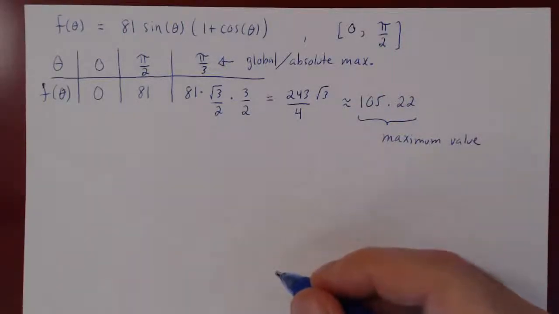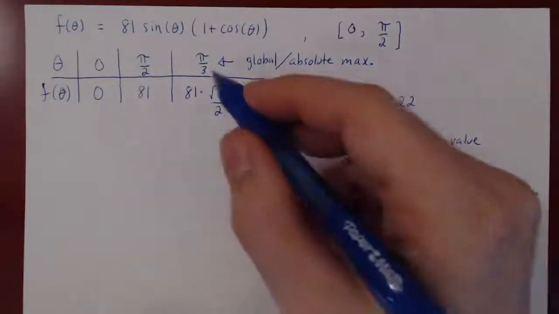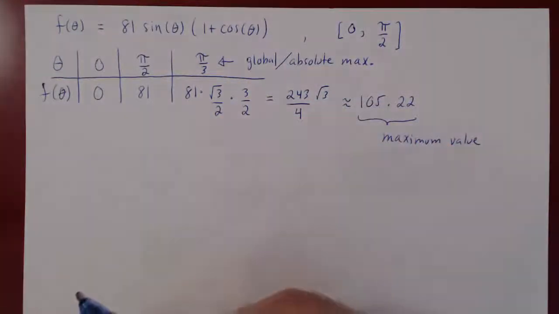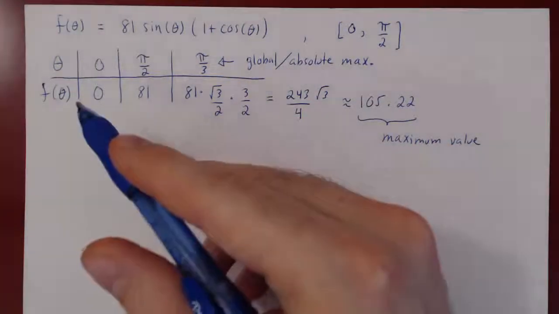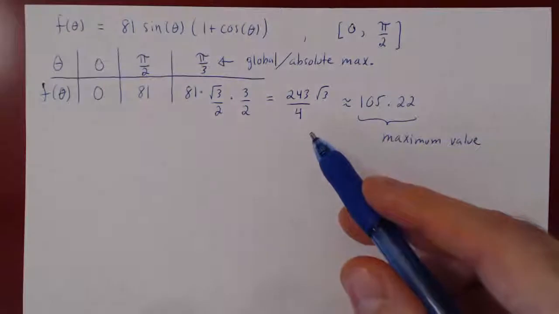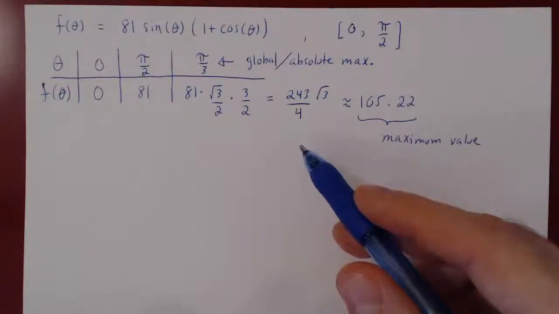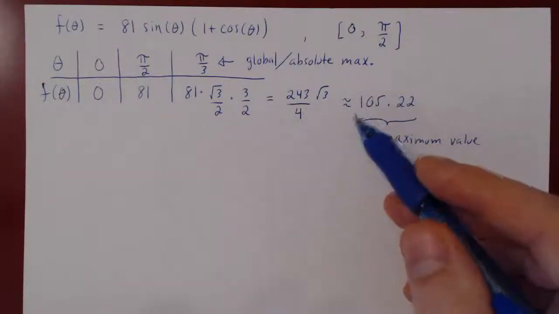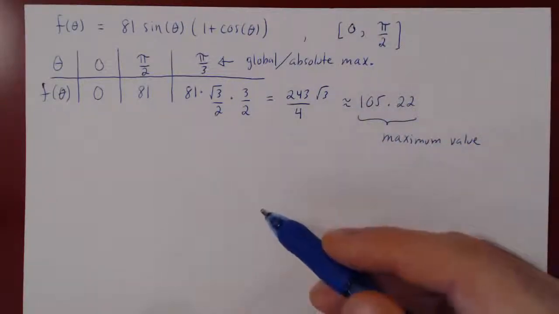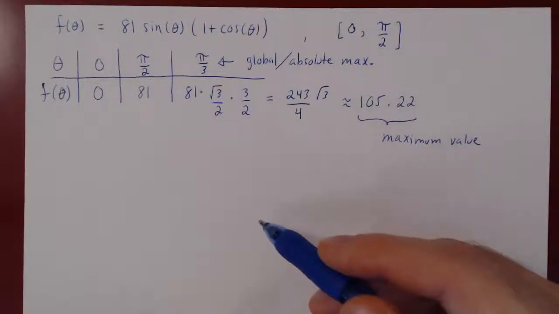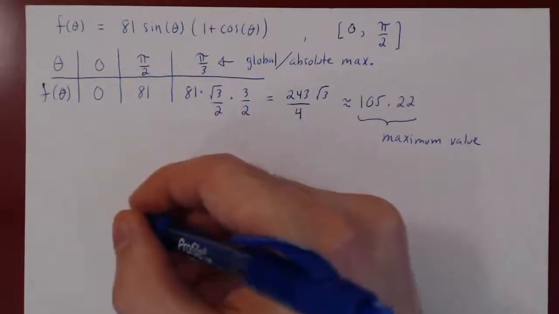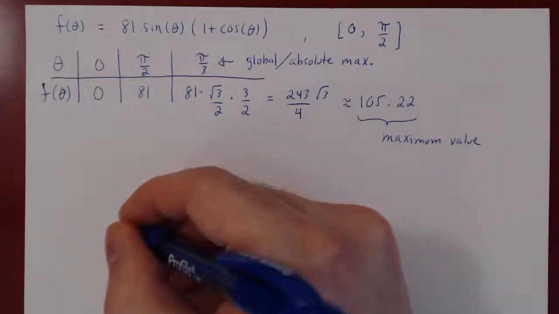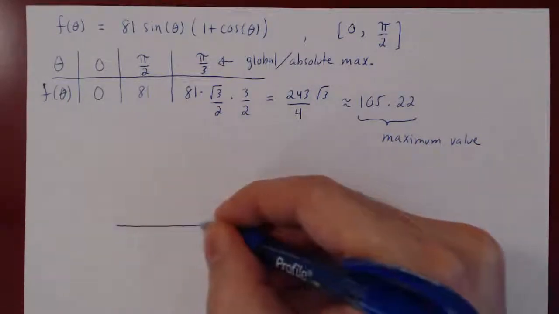And so now we have found that if we pick an angle at the base of pi over 3 or 60 degrees, we will have maximized the area of our trapezoid, the cross-sectional area of the gutter, therefore the carrying capacity, and the area is roughly 105.22 centimeters squared. So we can draw our picture. The sides were of length 9 centimeters, so this would be 9 centimeters,